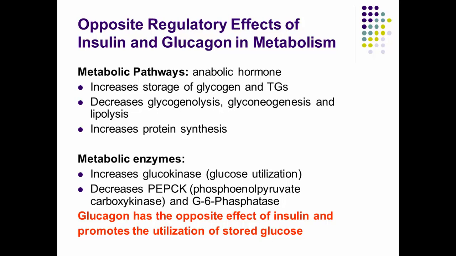For example, insulin could stimulate glycogen synthesis, stimulate lipogenesis and triglyceride synthesis, and also increase protein synthesis. And glucagon is basically the opposite, it's a catabolic hormone that increases during fasting, stimulates lipolysis, stimulates gluconeogenesis, and also the